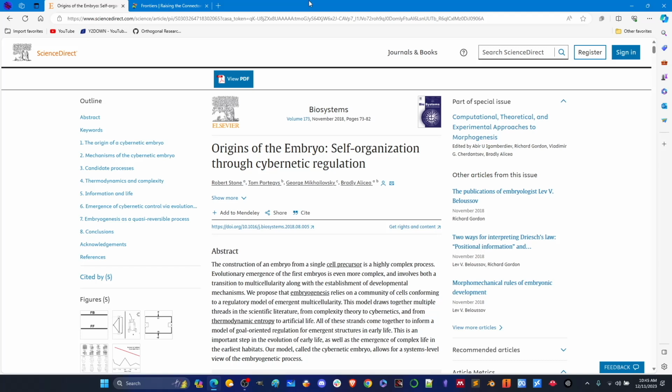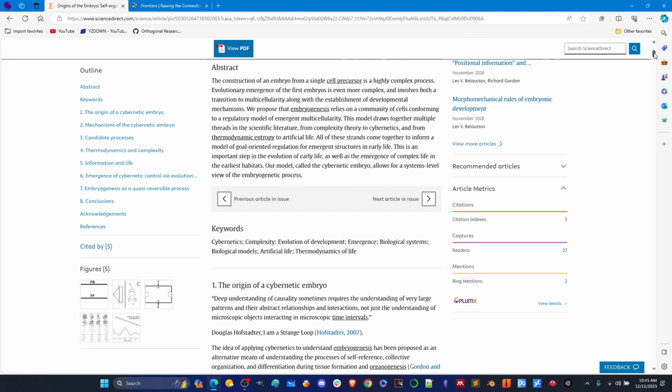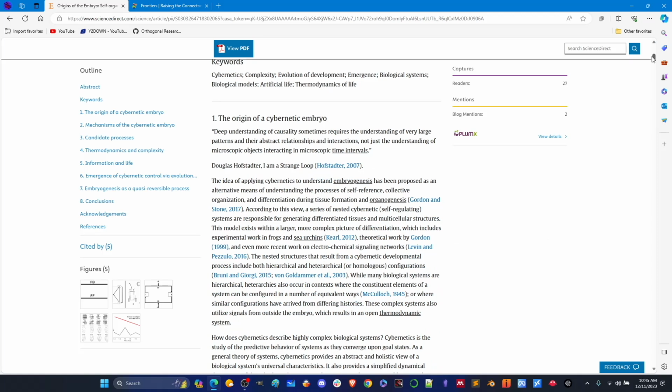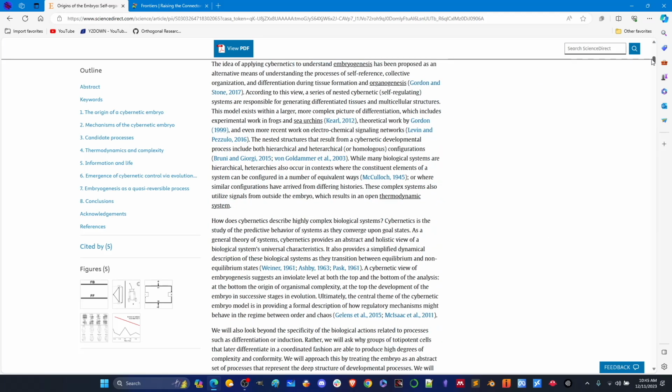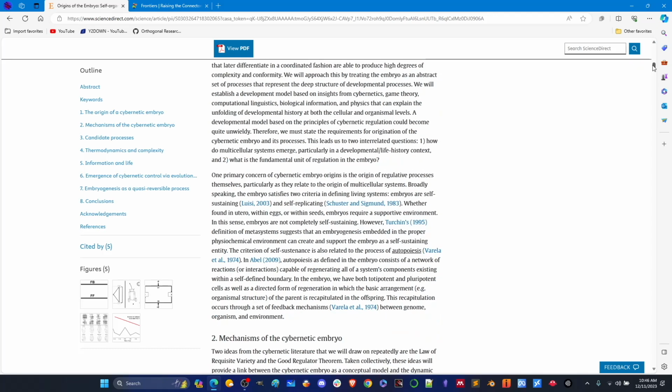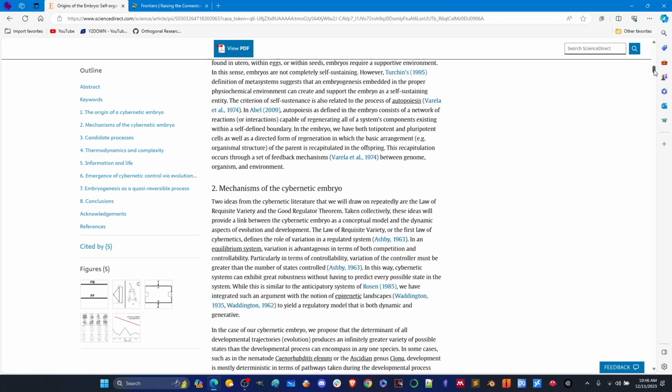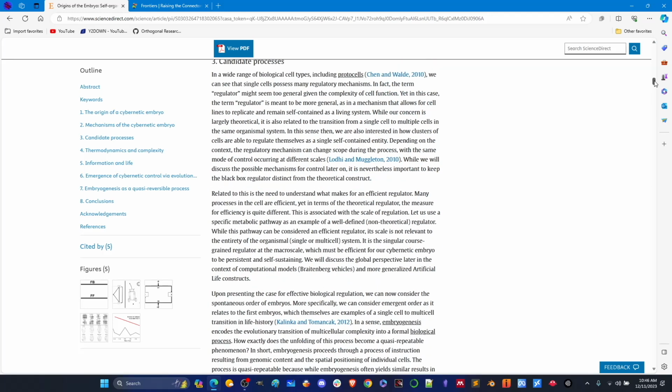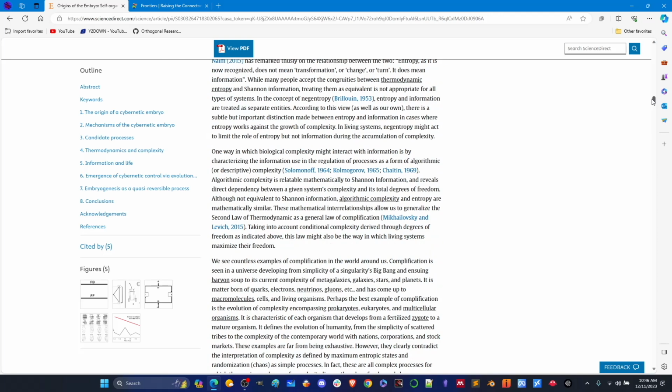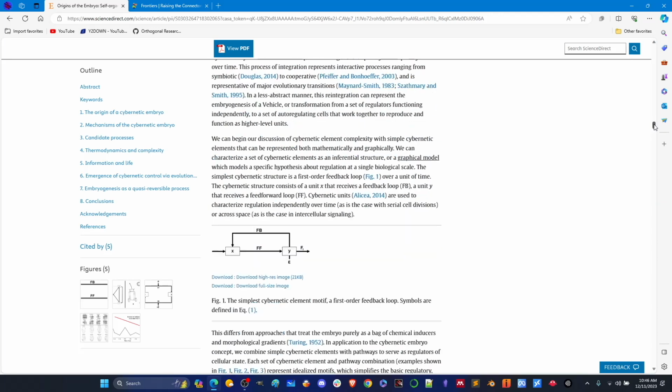He wrote an original paper on what he called the cybernetic embryo, and then he wrote this as sort of the second version of it. And so actually we worked on this all together. We cover a number of things in this paper. We talk about this idea of the cybernetic embryo, develop some of the themes of the cybernetic embryo, some things about recursivity, some things about different types of complexity, talking a little bit about systems, and then getting into some of these other issues with respect to thermodynamics. One thing that we do talk about in here